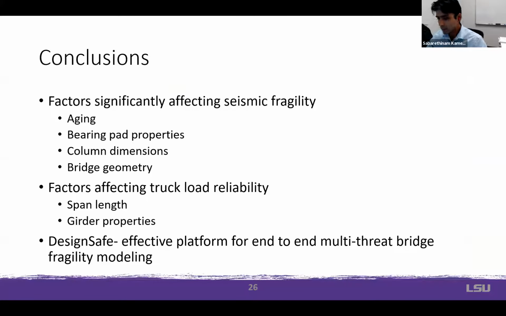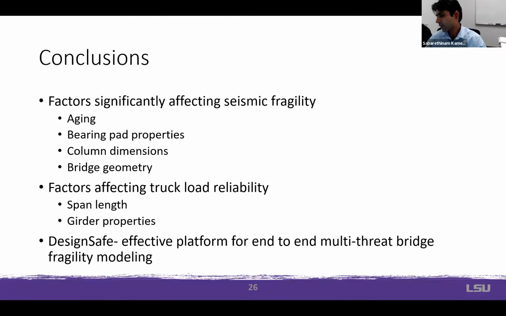So finally, the take-home message here is that we can use DesignSafe for end-to-end simulation-based research, in the sense that we can start from the very beginning where we are conceptualizing our analysis. We can set up our computational experiment. We can change or create our finite element codes. In this case, I have used OpenSees, but DesignSafe has other finite element software like LS-DYNA as well, or other simulation software, for example, OpenFOAM. So we can create our input files for these software here alone, and then we can run them. We can post-process them, and we can also visualize and share and store data.